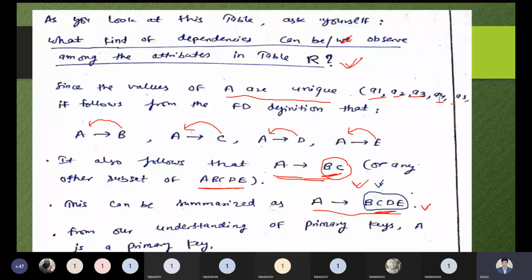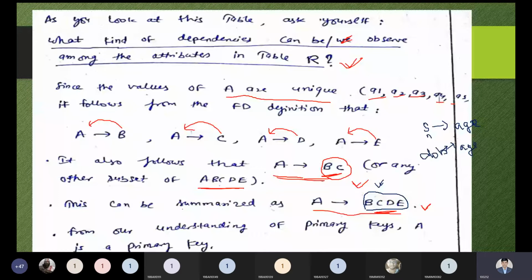Now I'm taking a real example, then you can understand. Student name. Age of the student depends on the student name. Can we say age depends on the student name? Can we say it is also possible? Yes, of course it is possible. Age depends on another factor like date of birth. So this is the dependency we can have.